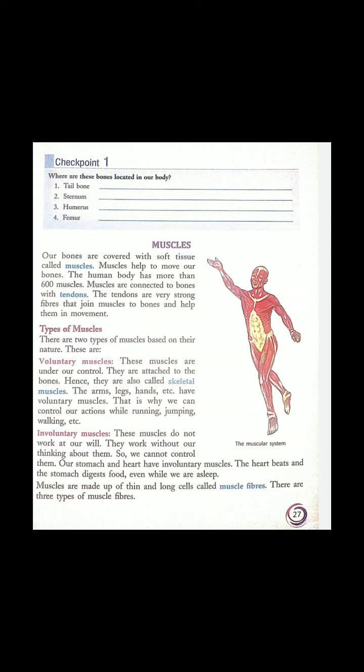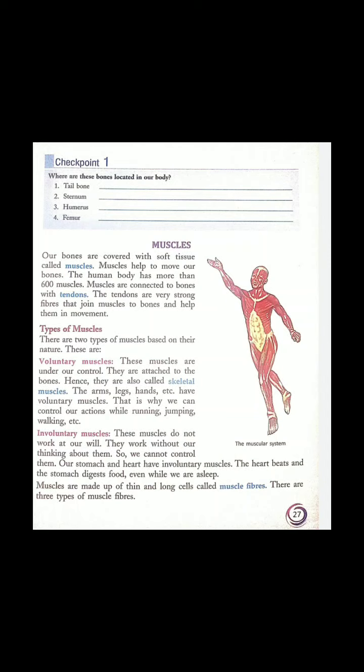And some of the activities are there, like functioning of the heart, functioning of the digestive system, stomach, which go in an orderly or fixed manner, and it is not dependent upon our wishes. So these muscles which are involved in these activities are called involuntary muscles. Hope both of them are clear to you.